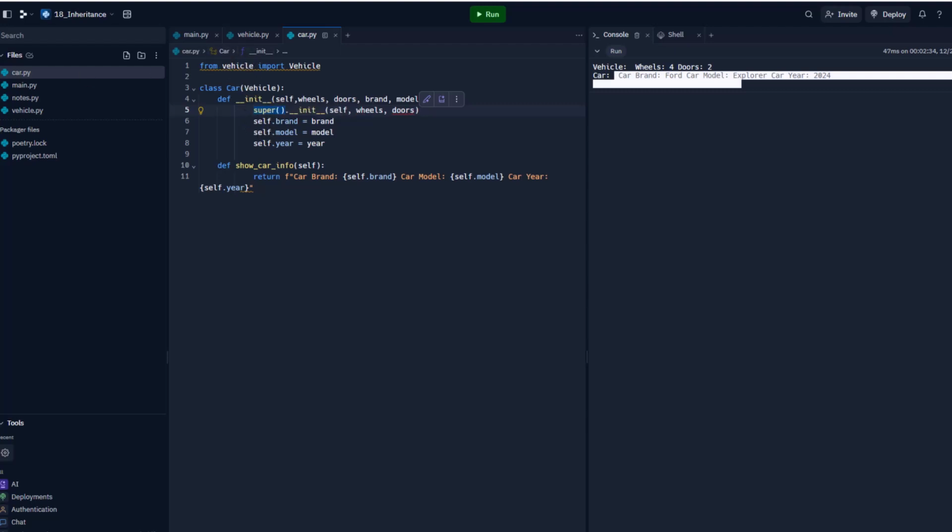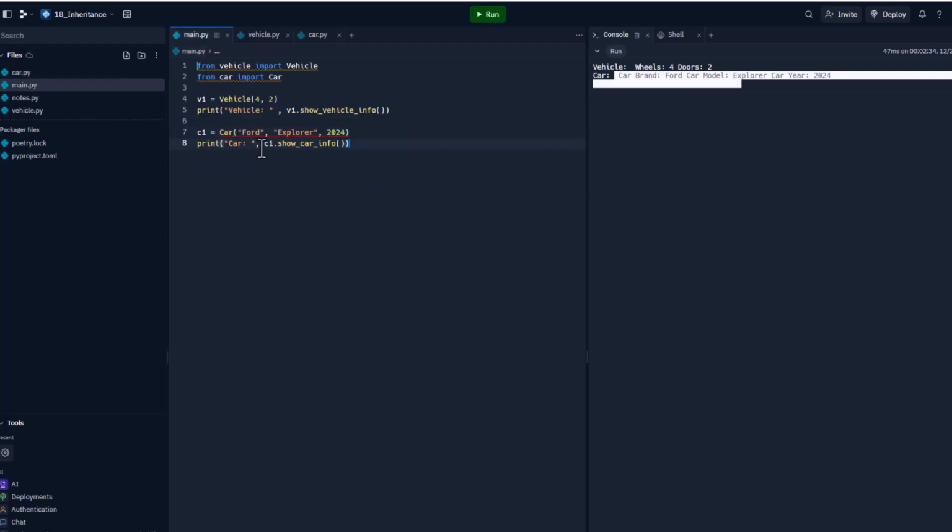So let's create a new car now. And we're getting an error here, and that is because I need to get rid of the self. Okay, so that looks good. And so now let's create a new car. Oh, we got another error here. All right, so let me redo this here because we're going to actually use